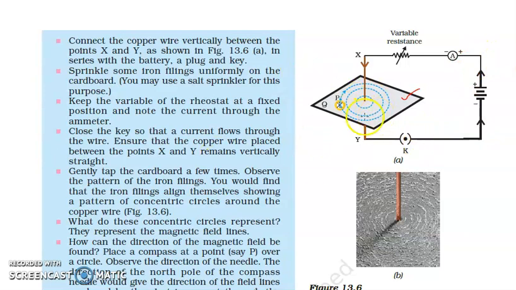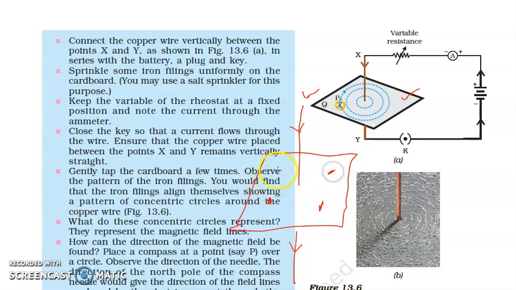So the conclusion for this sort of arrangement is, whenever the current is flowing from the positive terminal of the battery to the negative terminal in this way, and we place a number of iron nails, what we have done is, let's say this is a cardboard and through this cardboard we have placed one wire and the current is flowing in this direction in the wire. So whenever we place a few iron nails in random directions on this cardboard, these iron nails will arrange themselves in this way as shown in the figure.